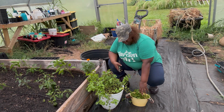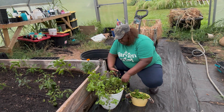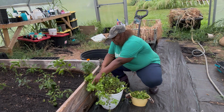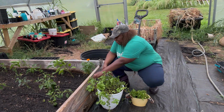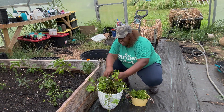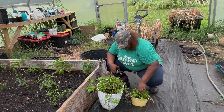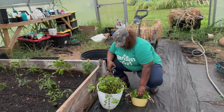Another reason why you want to harvest your herbs is so that they don't go to seed and so that they will produce more, just like everything else in your garden. So I'm gonna give this a pretty big haircut, so to speak. Again, I don't even know if I'm doing this right because I ain't been doing it right. We're gonna harvest it, freeze dry it, and I'm assuming I can use it in tea or something like that. I think mint is supposed to be really good for your digestion, if I'm not mistaken. So yeah,